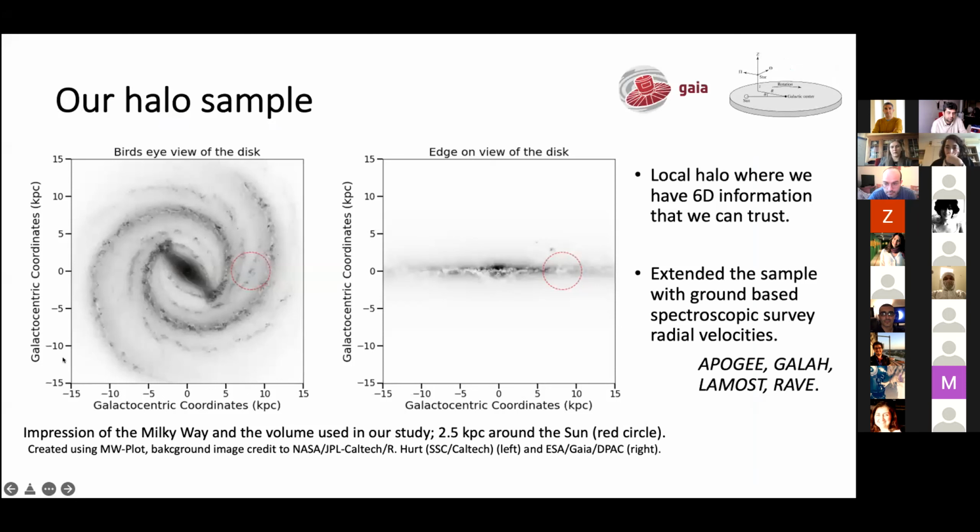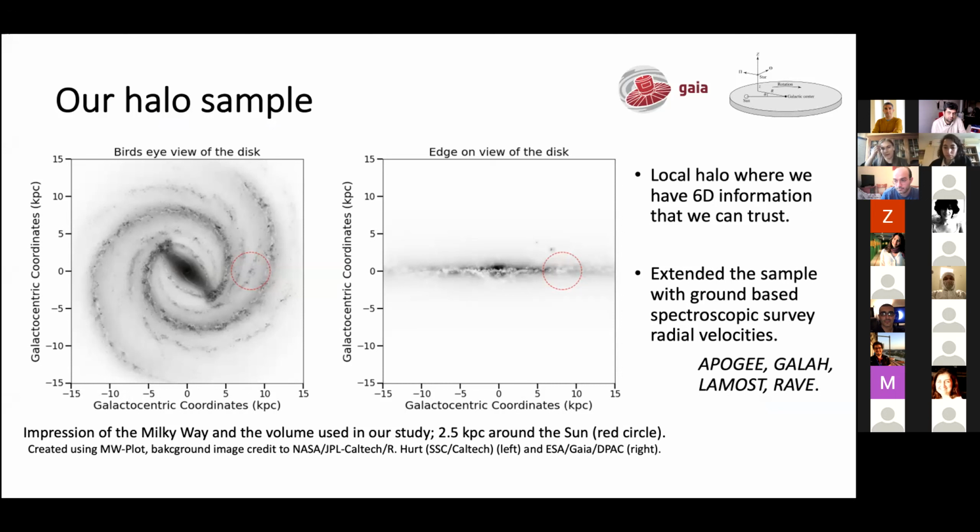So the volume that we're limited to, you can see here. The background shows an artist's impression of the Milky Way, and the red circle shows the 2.5 kiloparsec volume around the sun, which is the volume that we're using in our study, where we can trust the parallaxes to get the distances. And then we take all the stars in this volume that have this 6D information,